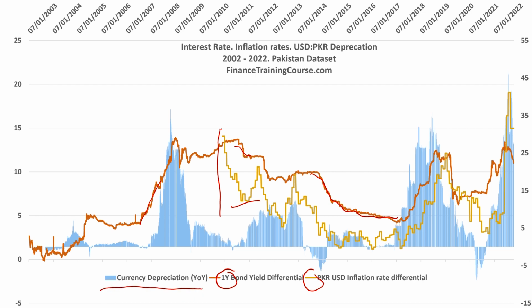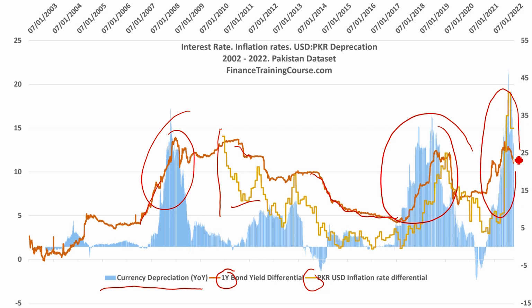And you can clearly see as the interest rate differential rises, currency depreciates. The USD PKR exchange rate depreciates, or is likely to depreciate more. Sometimes depreciation is driven by the interest rate differential, sometimes it's driven by the inflation rate differential, sometimes it's driven by both. However, if this model holds, there is a little bit of good news here,